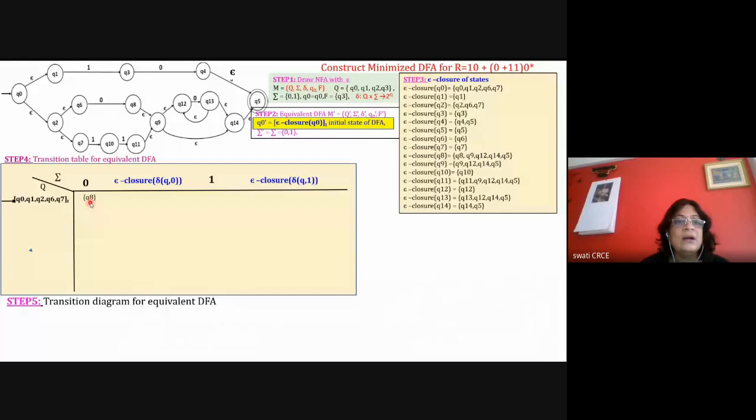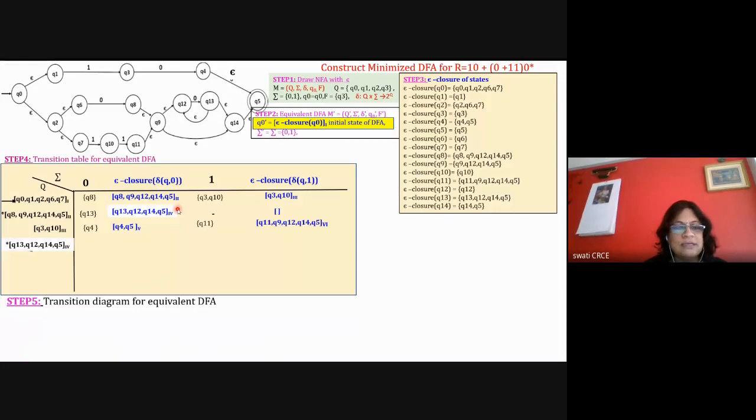Now what is the answer? The epsilon closure of Q8 is Q8, Q9, Q12, Q14, Q5. So combine all the states together into a single state, and that is numbered as 2. So we have got the second state. Like this you have to do it for input 1. All the states with 1 go to Q3, Q10. We took its epsilon closure, and now you have got the second number. First number is done, so you have to go in sequence. Take the second number and do everything. Take the third number. You've got the fourth state as well. So take the fourth, then the fifth, then the sixth, and now there is no new state. So take the last as a dead state.